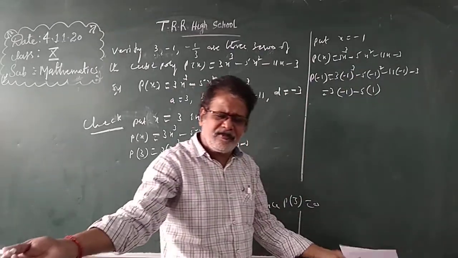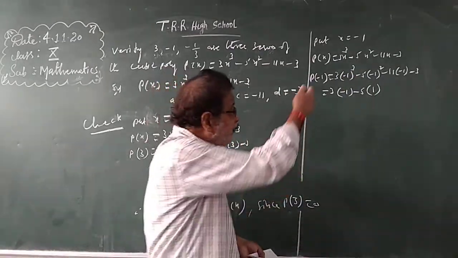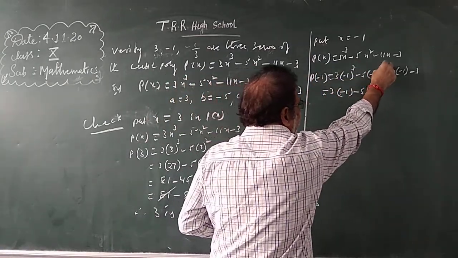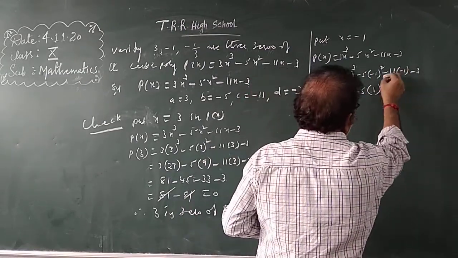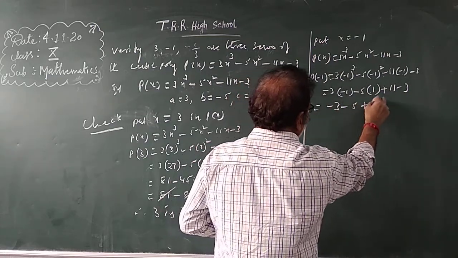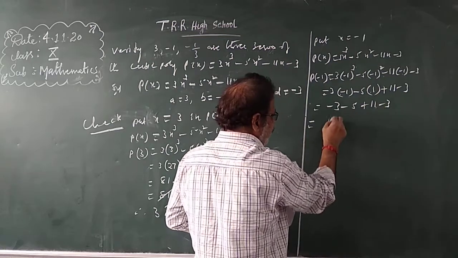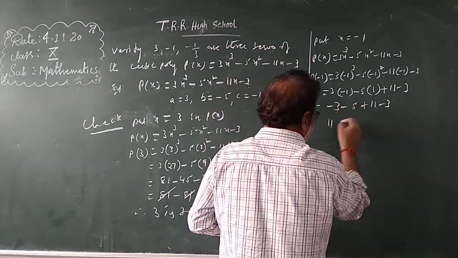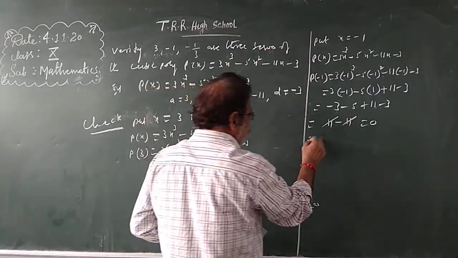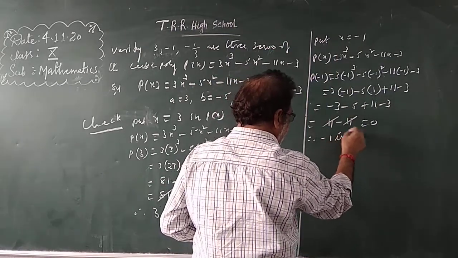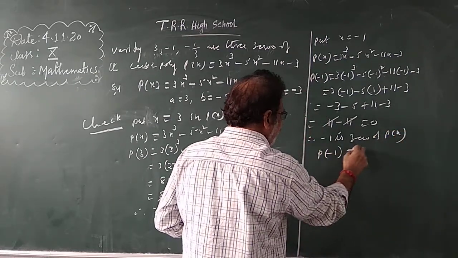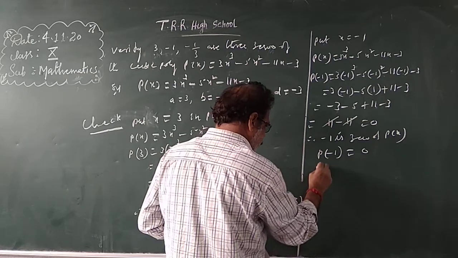1 cube, however many times you write it, you will get only 1. But whether it is plus 1 or minus 1: this is minus 1 because the power is an odd number, minus. Here the power is an even number, plus. Now, minus into minus, plus 11, minus 3. So, 3 into minus 1, minus 3, minus 5, plus 11, minus 3. The positive number is 11. Now negatives add: minus 3, minus 5, minus 8, minus 8, minus 3, minus 11. Plus 11, minus 11, 0. Yes, we got 0 also. Therefore, x is equal to minus 1: minus 1 is a zero of P of x. Why? P of minus 1 equals 0.